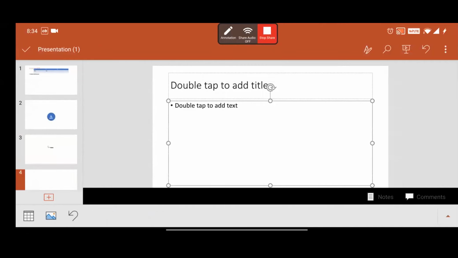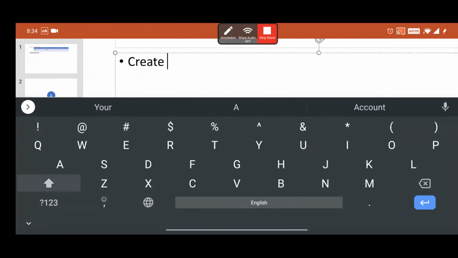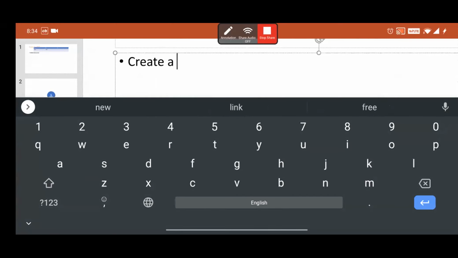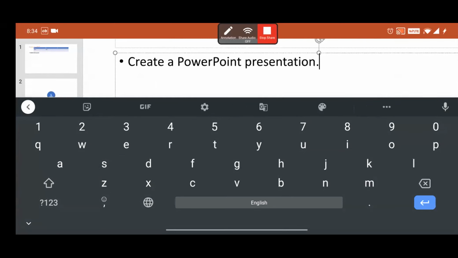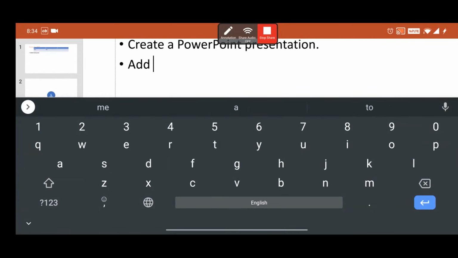Now, I am giving you one activity, okay? In the next class, I will feel happy if you people will complete this activity. So in the activity, what you have to do is create a PowerPoint presentation. This is the first step in which you have to add 5 slides.